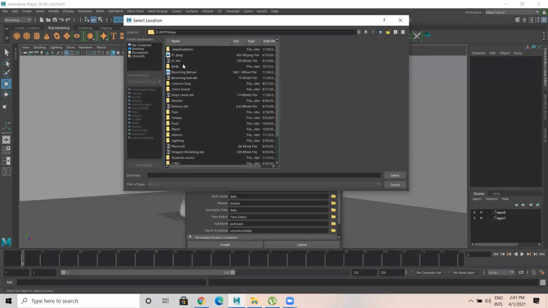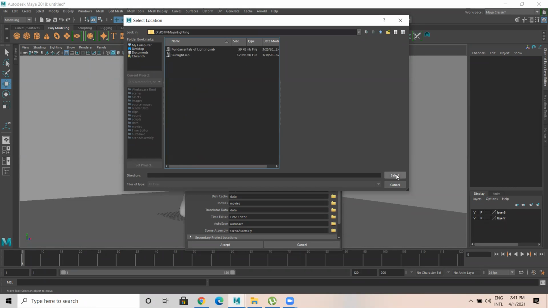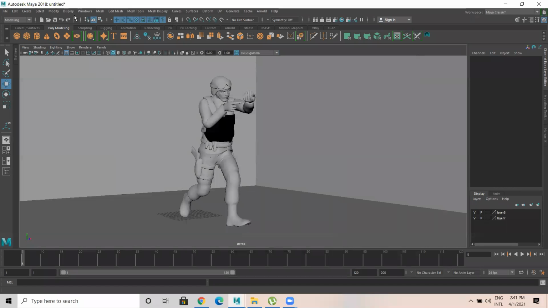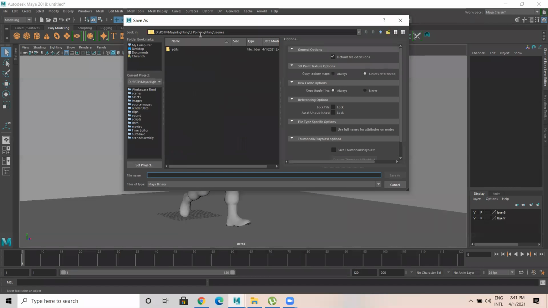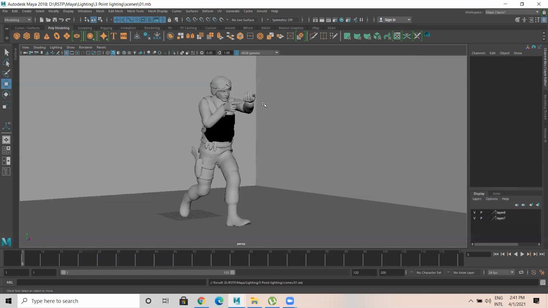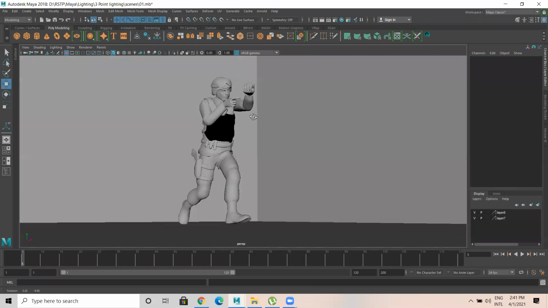Maya lighting, select, accept. File, save as, 3-point lighting scene. Okay, so now we have set this.